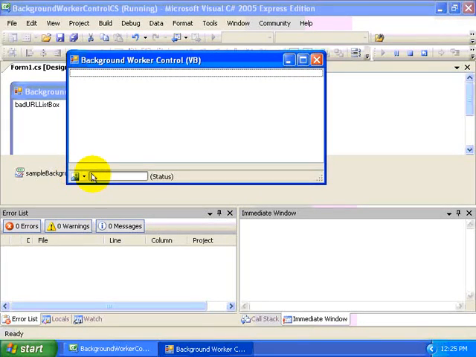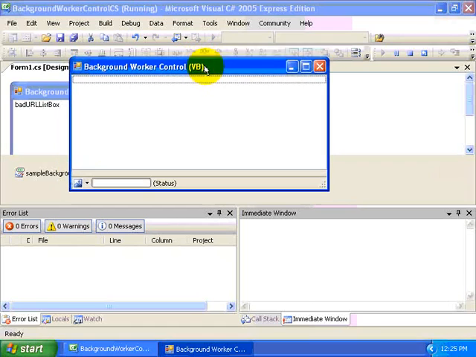Now notice whenever I click this button that we'll get an update in our progress bar. We'll get an update in our little label within our status strip. We'll get an update about the progress within a list control, and we'll still be able to interact with the